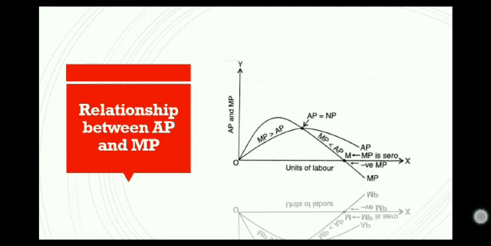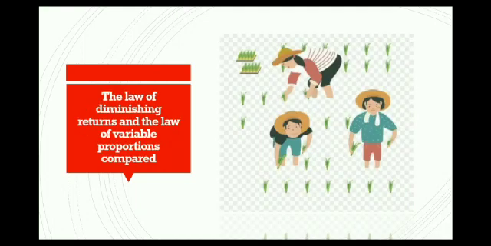Next, the law of diminishing returns and the law of variable proportions compared. Both refer to the same concept. Law of variable proportions is the new name for the law of diminishing returns of classical economics. It holds that if a firm keeps increasing an input, keeping other inputs and technology constant, the corresponding increase in output will decrease eventually. For example, every farmer knows that if he increases units of labor and capital on a fixed